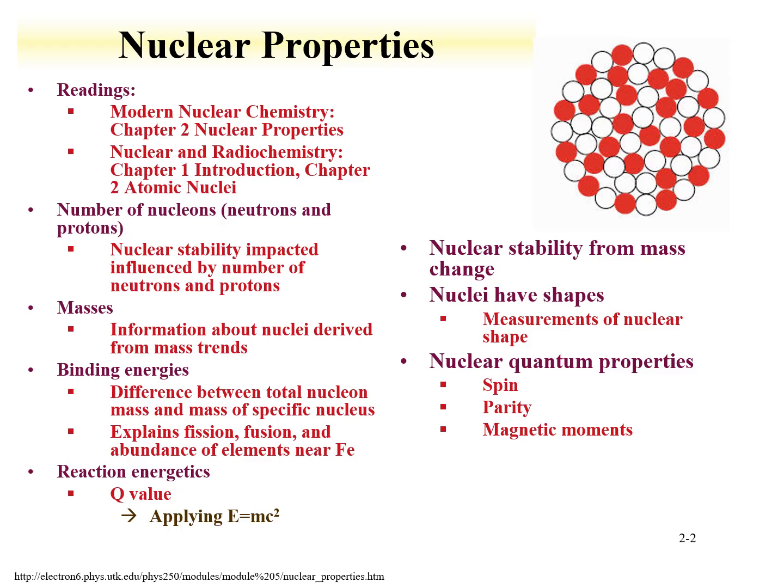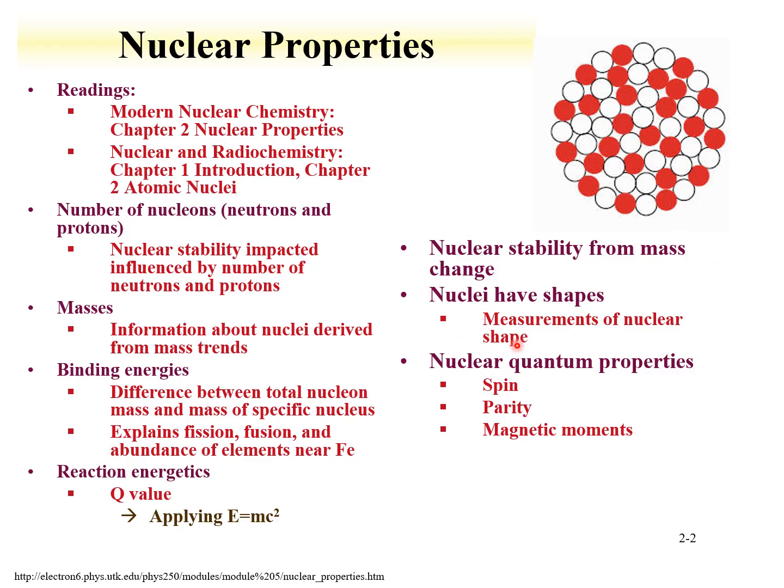We're also going to talk about reaction energetics, the energy from nuclear reactions, and we're going to apply E equals mc squared. All we're looking at is changing of mass, and that goes into energy, or if we change energy into mass. So the energetics of nuclear reactions are actually an application of E equals mc squared. We're going to talk about nuclear stability from mass change, and we are also going to introduce the concept that